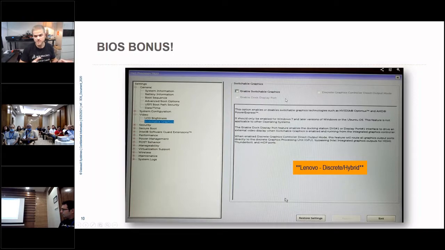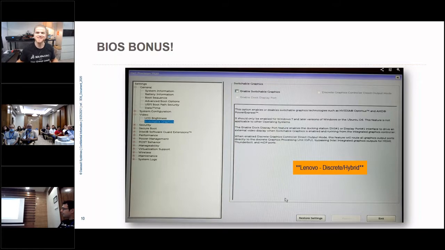This setting allows Windows to switch between those cards when desired. So for example, if you launch SolidWorks, if you launch a heavier program, it should switch to that heavier card and use that larger, higher end graphics card.